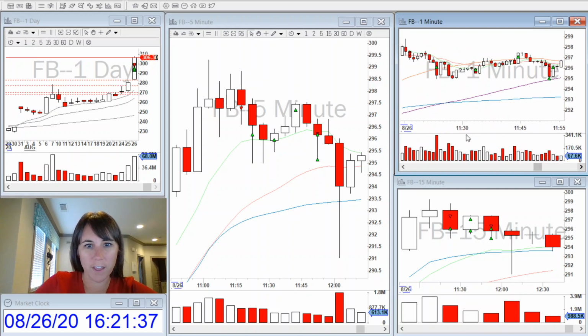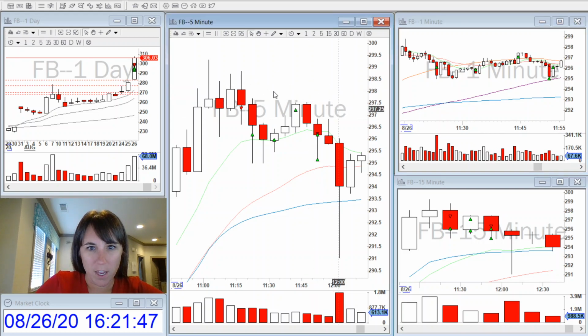But after it did that, I thought it had another leg down, so I actually re-entered the short when it lost these moving averages on the 1 minute.